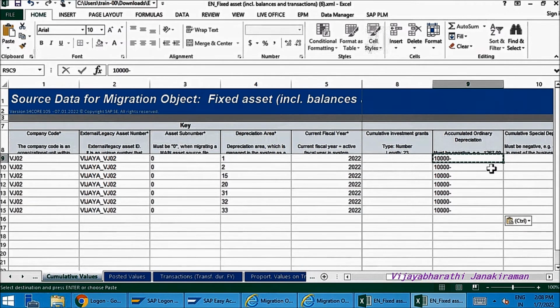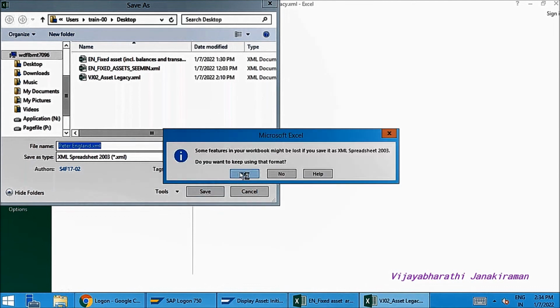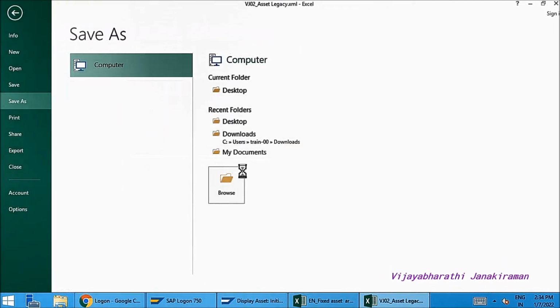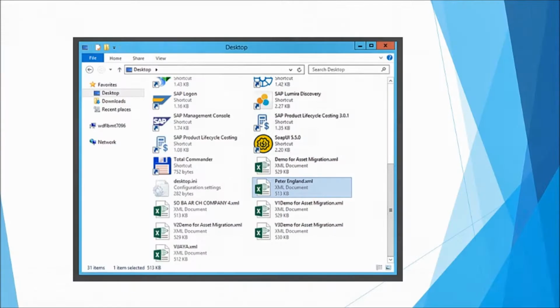Now I am going ahead to save this Excel file. I am again giving a random name, say Peter England .xml. Now click on upload file. In this window say browse.